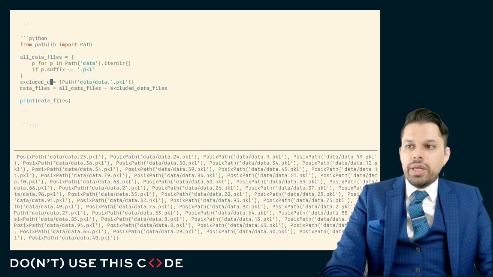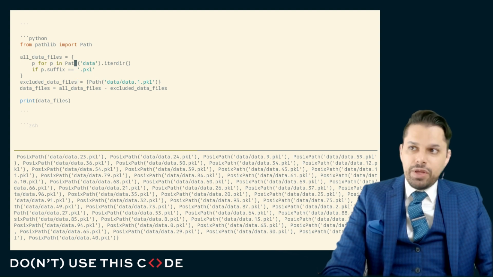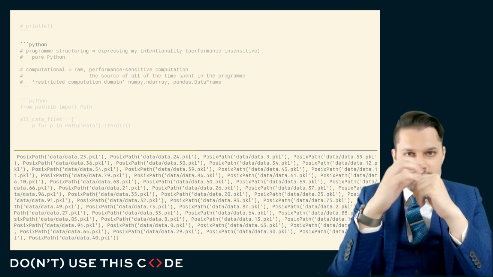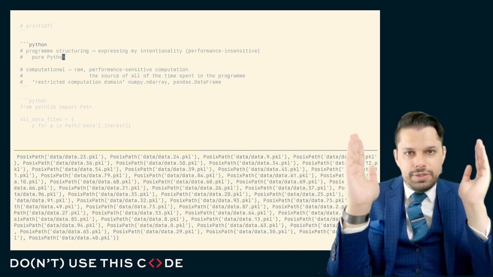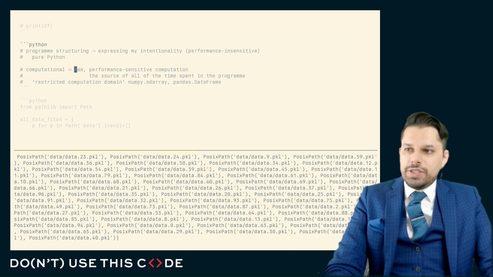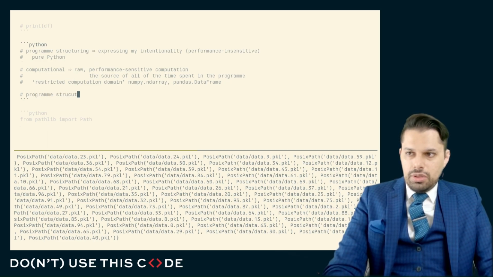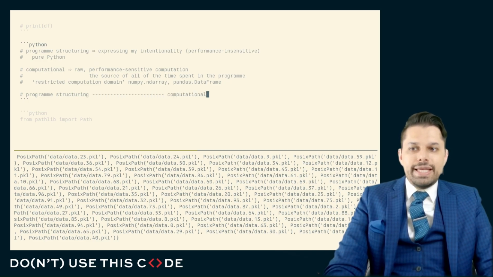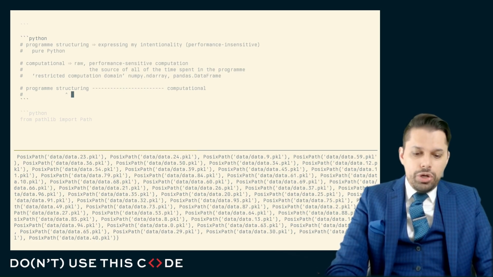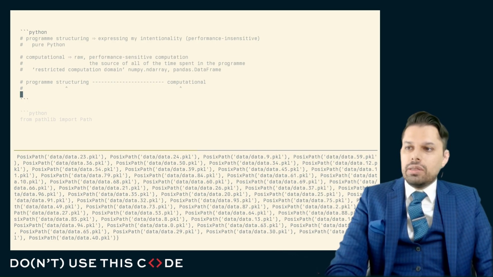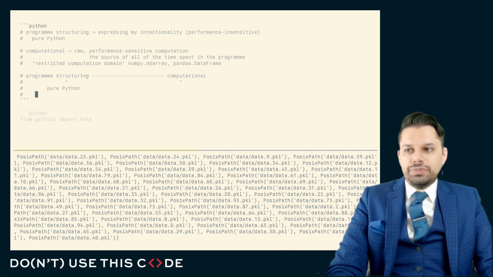Now, one important thing that is missing from this discussion of the program structuring versus the computational is, even though we typically set this up as a dichotomy, it's actually a spectrum. It's very much the case that your program structuring is at one end of the spectrum, and your computational work is at the other end of the spectrum. And it is very clear what you do when you're at the ends of the spectrum: you just use pure Python, and you don't worry that much.